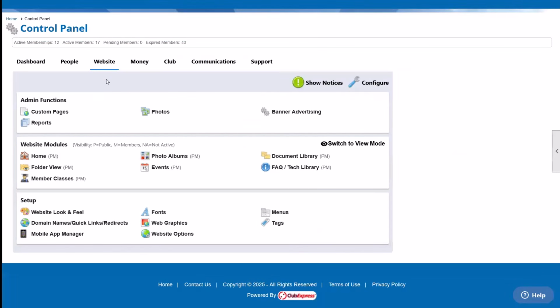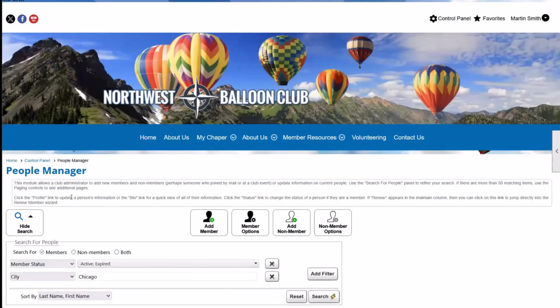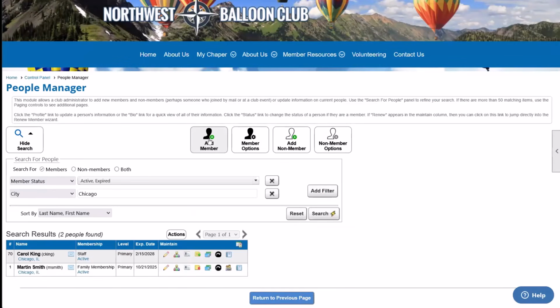And if you want to add members and non-members, we took a look at this before, but I'll just reiterate. When we go to our control panel and go to People, if we want to add a new member, we would just click this Add Member button and we can add them to our membership database. If payment is required, then you could wait for them to log in and pay, or you could submit payment for them. And if you need to add a contact, someone who's considering being a member or someone who just wants to receive mailings,